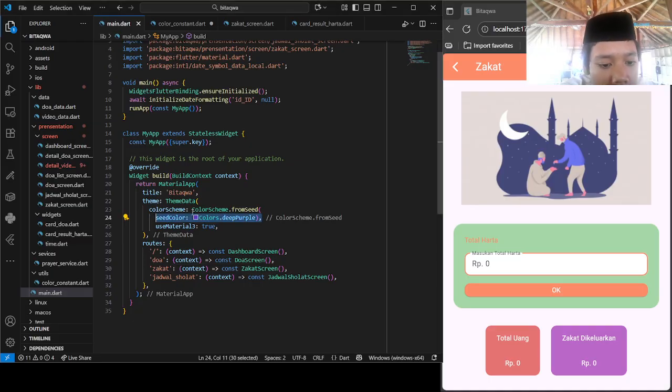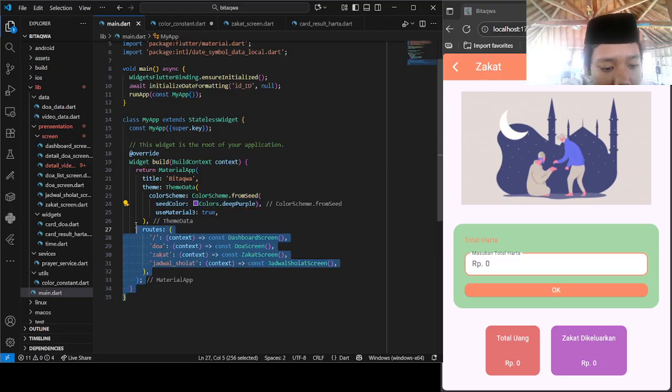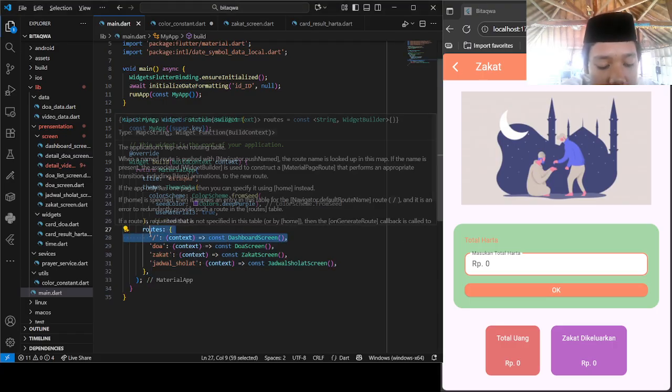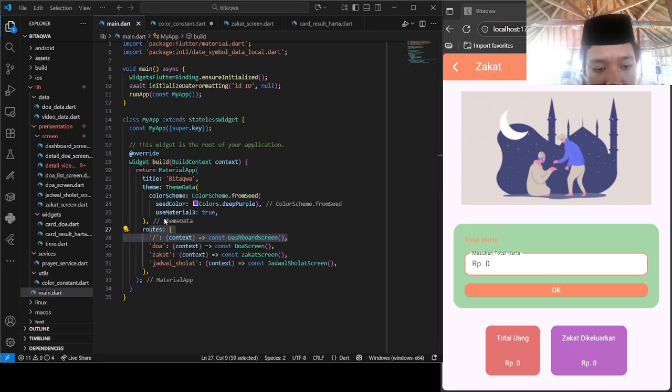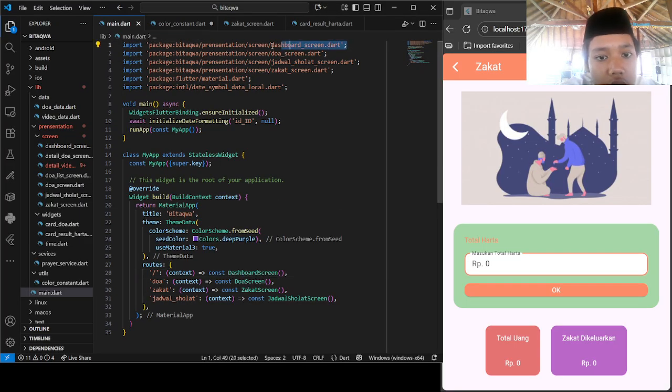And then these are the routes. Routes is like, in bahasa, daftar halaman. For example, this is the main screen that will show when the application is opened, the dashboard screen. Why can we use this? Because we already imported the widget of the dashboard screen there.